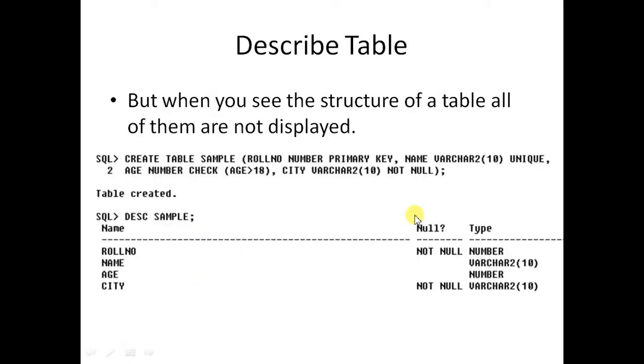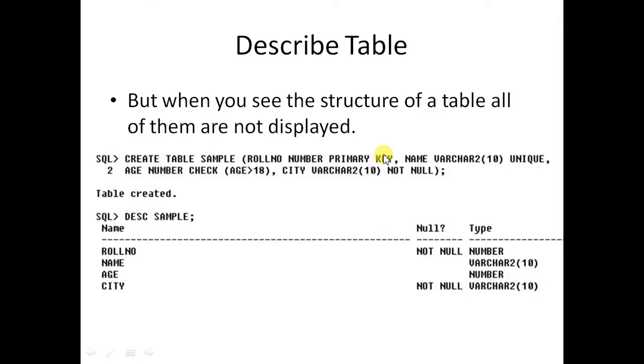And you must be remembering that many times I have told you that if you create a table like this, with primary key, unique, check, not null, and you want to describe it, you will not be able to tell which column has which constraint. Like this column has not null, this column also has not null. So you will not be able to tell, if you don't know this query, that this is primary key, this is primary key, this is only not null. And moreover, for example, in age there is a check, but you cannot tell that there is some constraint. Similarly, in name there is unique, but you cannot tell.